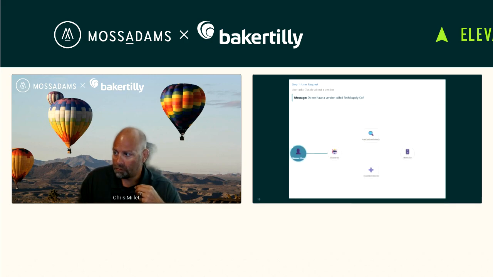Let's look at an example of how this works. In this diagram, we have a human user on the far left, Claude in the middle, and then NetSuite on the far right. Between Claude and NetSuite, I've got two tools that have been implemented. Think of them as MCP tools. They each do a specific thing. The top tool runs custom SuiteQL, as the title would suggest, and that would get information out of NetSuite. Claude knows how to use that because the tool tells Claude how to use it. There's also a tool on the bottom called Create New Vendor, a different tool that does a different task. You can imagine what it does.